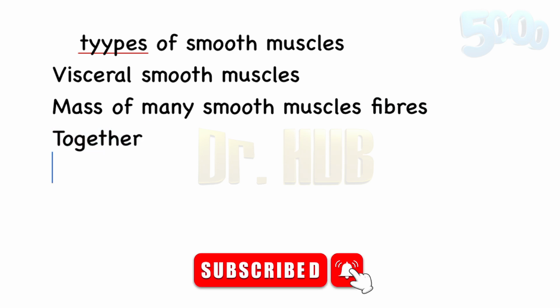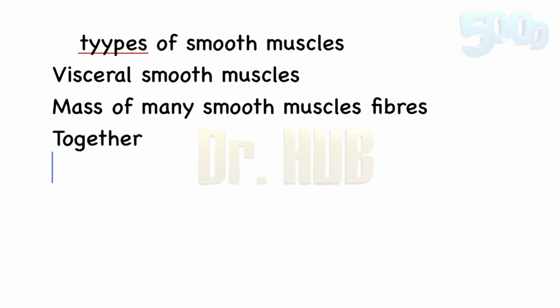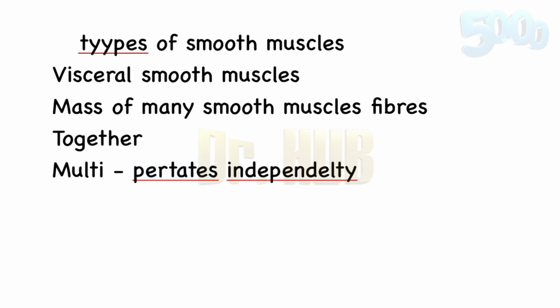Multi-unit is made up of discrete, separate smooth muscle fibers, each operating independently. So the multi-unit operates independently. In single unit, the muscle membranes are joined by many gap junctions. Gap junctions are very common there, whereas in multi-unit smooth muscles there is no gap junction between the